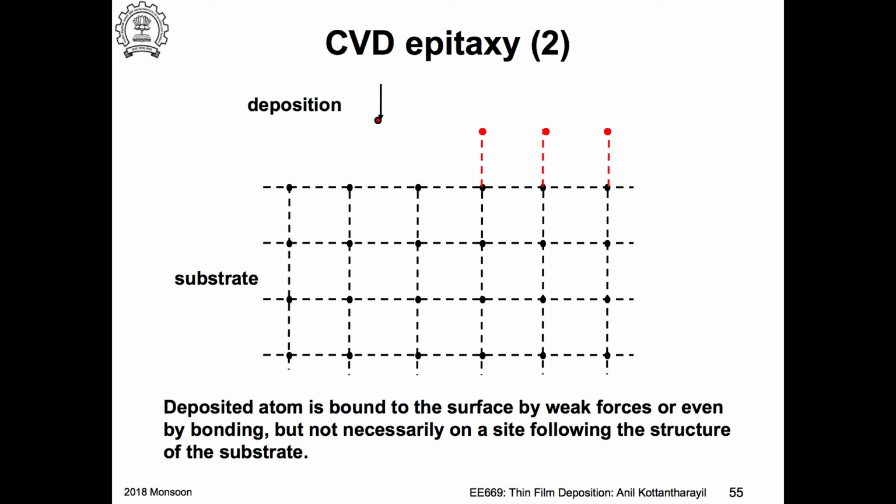So you can see this thing now. If you go back to our discussion on the kinetics of the process, you had this growth rate versus 1 by temperature. From low temperature, the deposition rate increased with temperature. That was the reaction limited regime, and then it went into a mass transport limited regime. So we are going to higher temperature. When you are talking about your epitaxial growth, it is very likely to happen in the mass transport